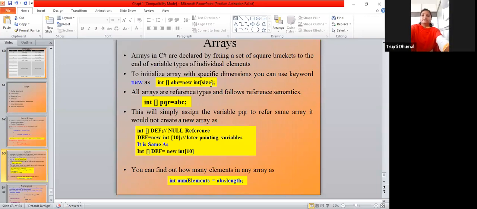sorry, there is some disturbance. Yes, an array is initialized with the dimension, and you can use the keyword new. And if the array is a reference type, you can go through it like this. And if you are simply dealing with pqr of the same array type, it would not create a new array. So you can directly define it as a null reference, meaning you are not defining it yet, and you can give this